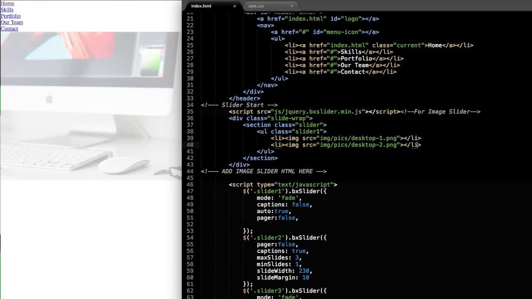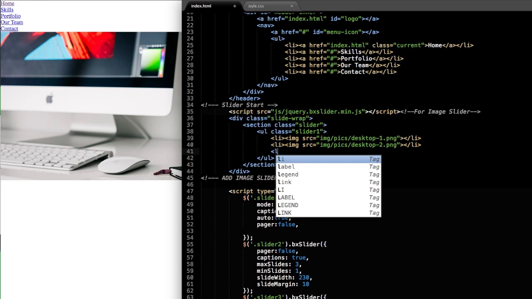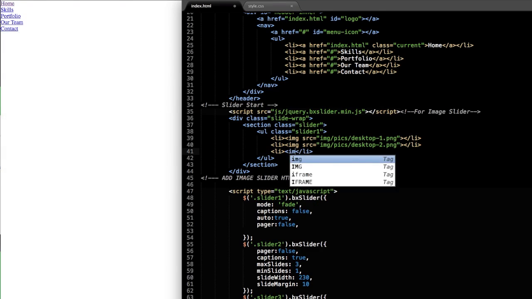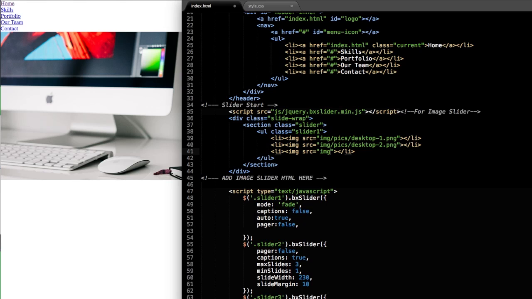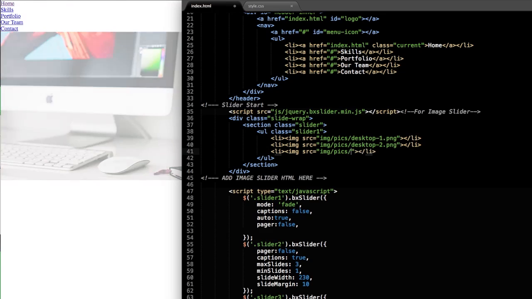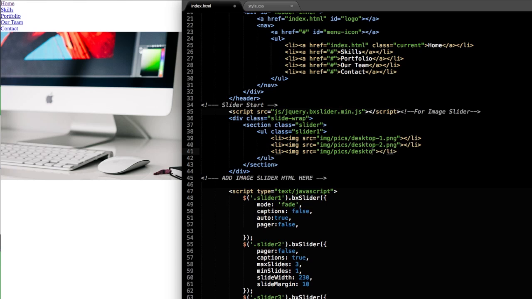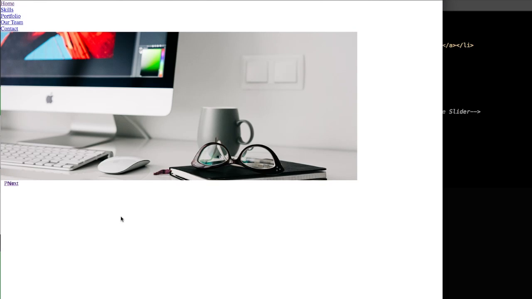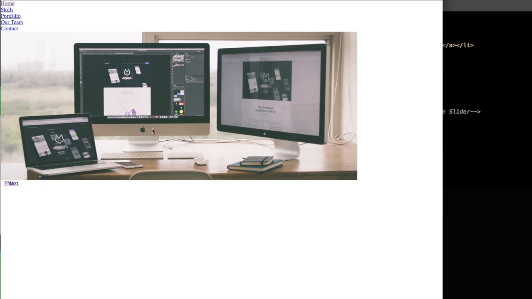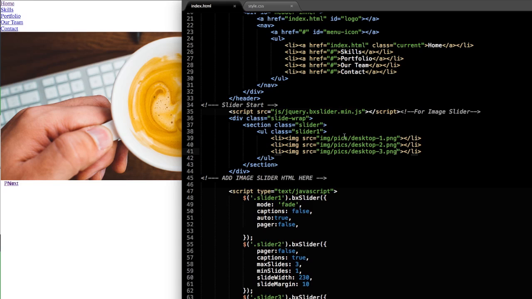And then this one is just going to be desktop-2.png, and then the third will be desktop-3.png. Alright, and then we can go ahead and see the image slider in its full effect, at least until we add the style later to give it its size and correct the position of it. So we're going through all 3 slides here with the coffee, the desktop computers,